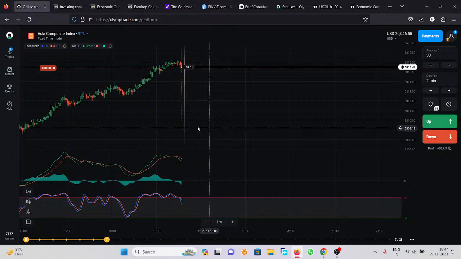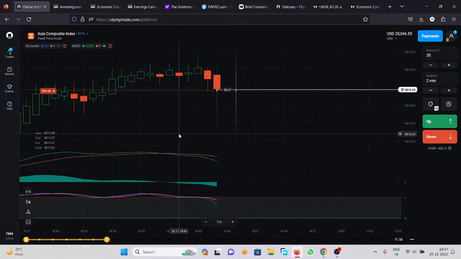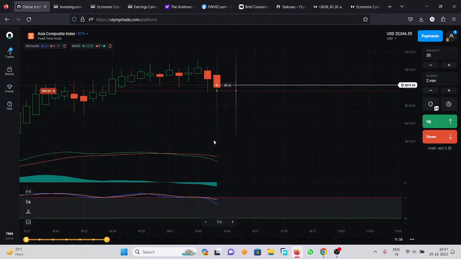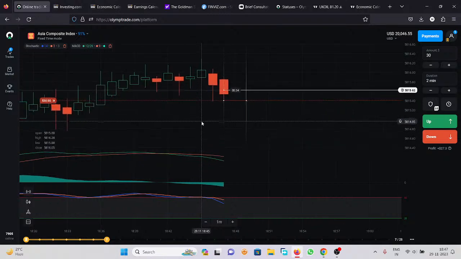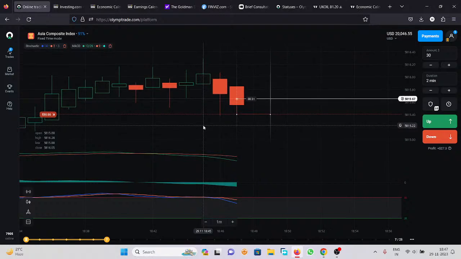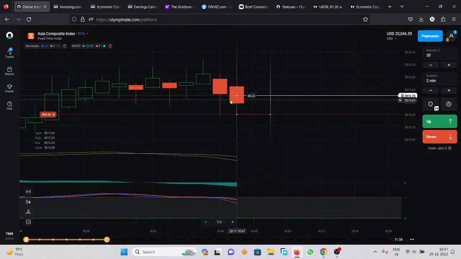How to open the trade? You need to find a proper signal. How to find the proper signal from here? There are three conditions. One, the candle. If now I am showing you the signal for a downtrend. However, remember one thing: these kinds of candles which are right now on my screen are what I always call dicey candles or trend of uncertainty. There is no certain trend over here,